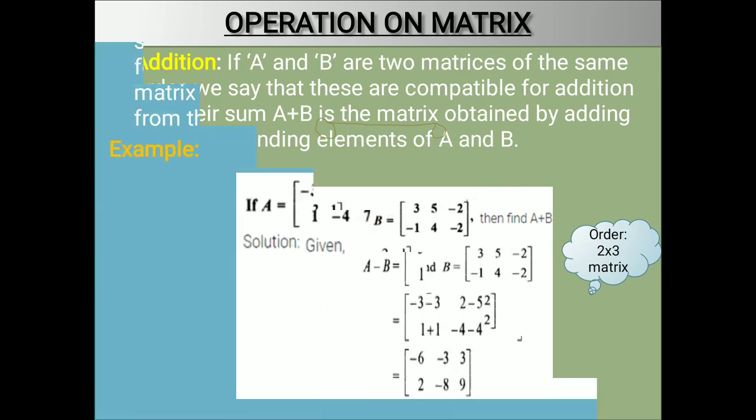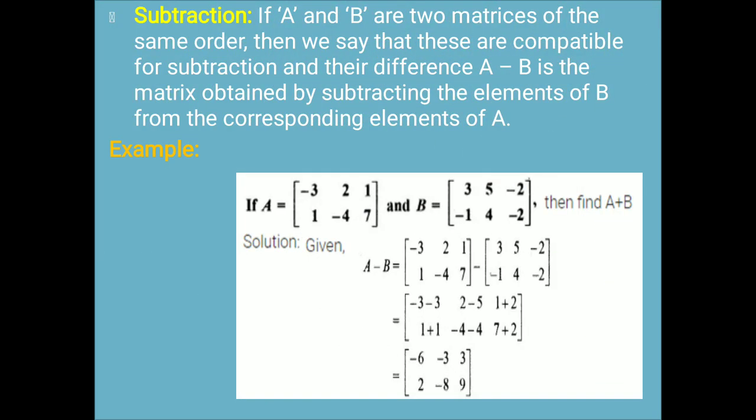Let's move on to the next, subtraction. Just what we did in addition, you need to do the same thing. The only thing is the sign changes. The sign between the matrices or the elements changes. So earlier it was minus 3 plus 3, now it becomes minus 3 minus 3. So definitely the elements are going to change. So this is how subtraction works. Similar to addition, the only thing is the sign changes, and so does the value after subtracting. Okay, let's move on to the next,